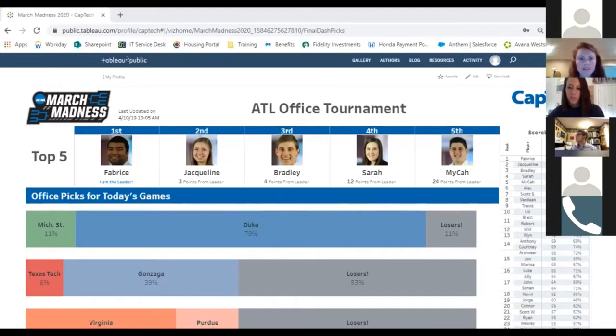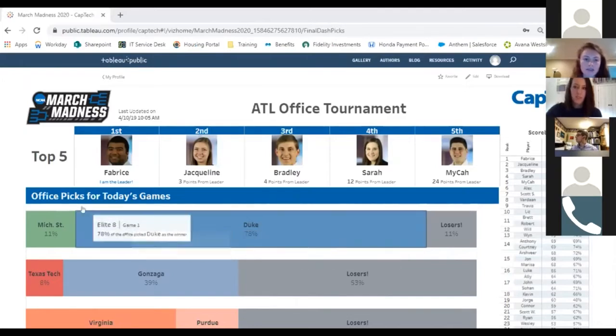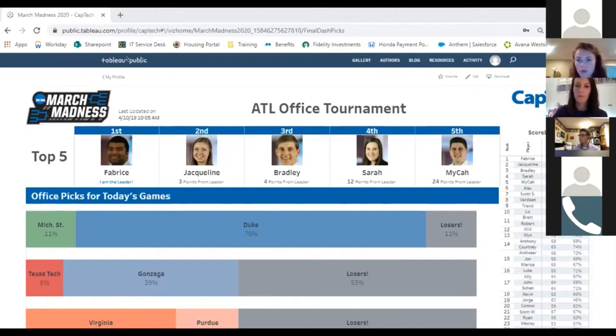This is the first one, and this is one that highlights the office picks for today's game. But before I get into that section of the dashboard, I wanted to explain the skeleton that's built around it. I built this banner as well as the top 5 and the scoreboard over here to the right as a skeleton that most of the dashboards from last year sat on top of.